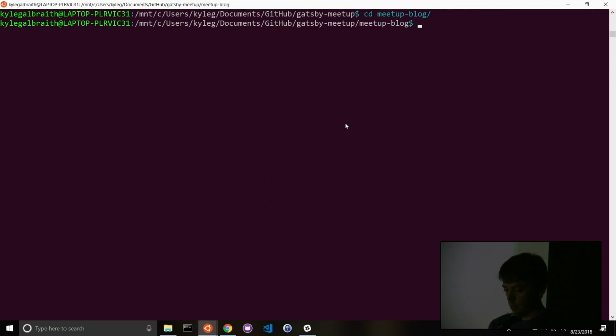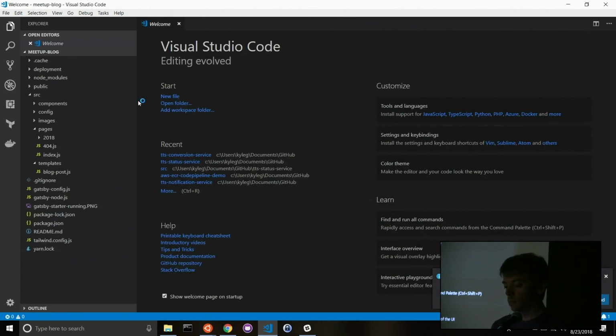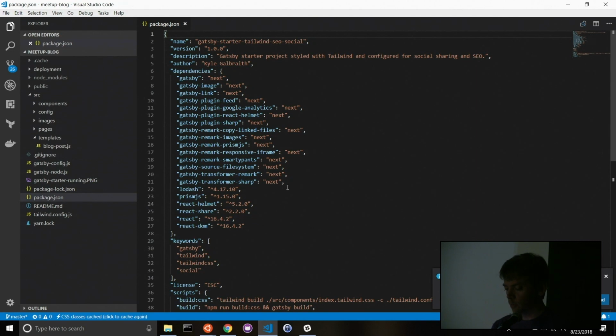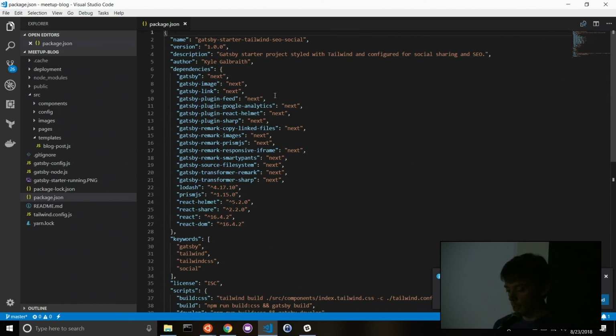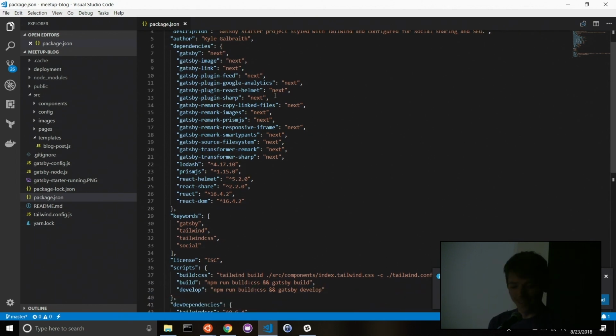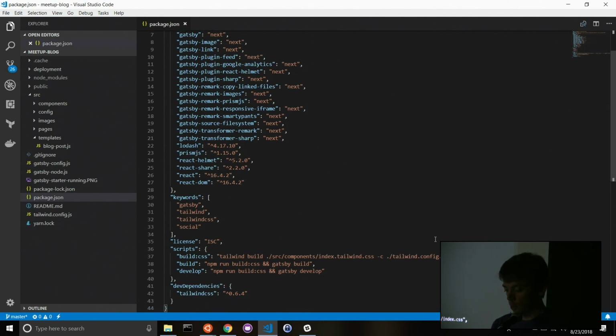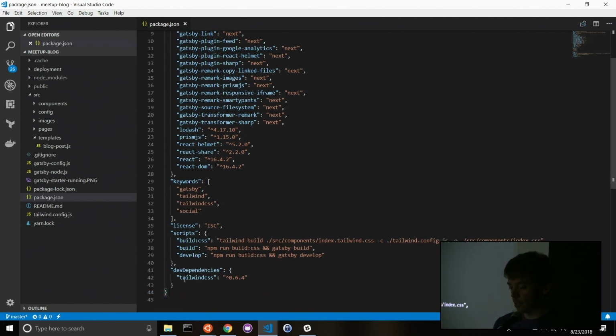And we'll go into meetup blog. Let's just open this up in Visual Studio Code really quick. So you see the source directory. We'll talk about the pages in a second. But the interesting bits, this is using Gatsby v2. It's using the next version, recently ported over. So that's good. We also see the dev dependency on Tailwind CSS. We have the build CSS script that's running Tailwind build and